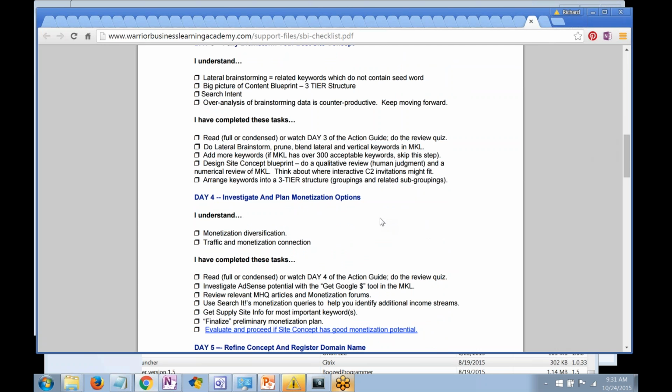Now, let me just emphasize once again that you don't want to put monetization ahead of these other steps. If you do that, you're bound not to be successful, because you'll be warping the decisions you make with regard to selection of keywords and other elements of your website. Remember, what people are looking for is the information that's related to your site concept.